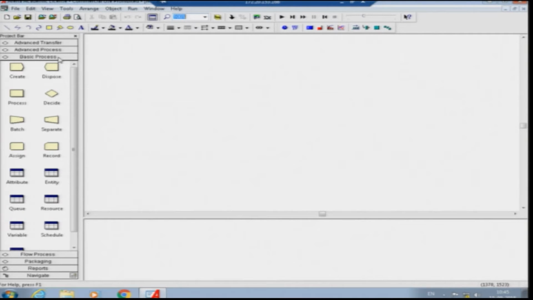In the unlicensed version we only get the basic processes. In the licensed version you get advanced processes, advanced transfer, flow processes, packaging, reports and navigation tools. Reports and navigation are also available in the basic one, but for packaging, flow processes and advanced transfer, you require a complete license.